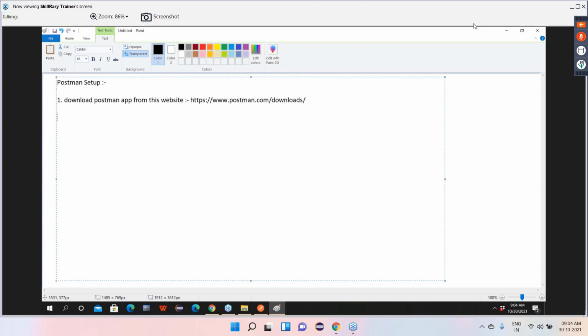Then second thing is, install Postman in local machine. Then create an account in Postman and complete the sign up process.